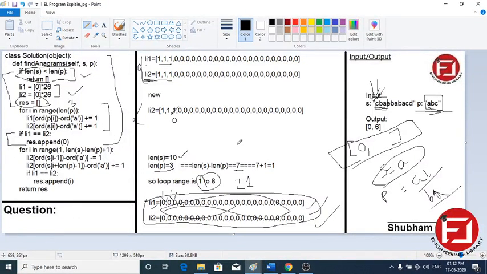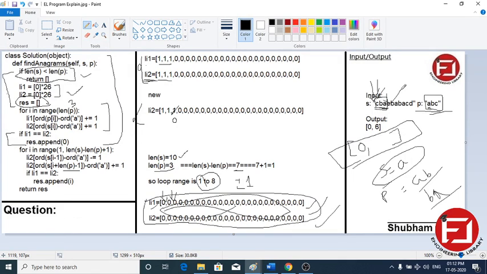One pointer will be the starting pointer, and another pointer will start from the last. That is the ASCII value of s at i plus length of p minus 1. Length of p is 3, 3 minus 1 is 2, and 2 plus 1, the i value, is 3, so 0, 1, 2, 3, that is at e.